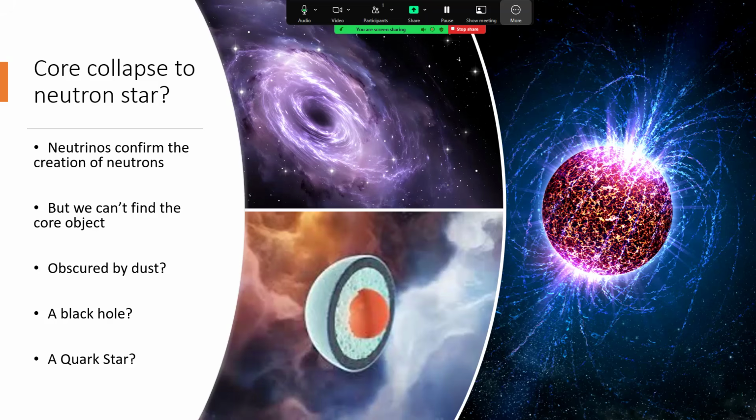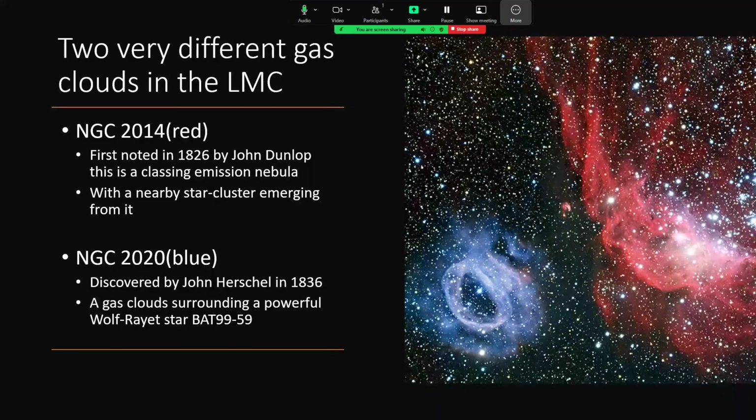So that was Supernova 1987A in the Large Magellanic Cloud. Other things in the cloud? Well, there's this lovely picture here. We have this on the wall at the Institute of Astronomy. It's two different star clusters of two very different colors. NGC 2014 in red at the right-hand side is a fairly classical